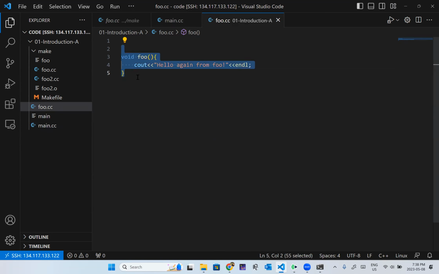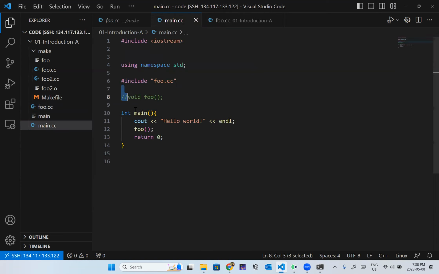And it says, okay, so you've declared this function foo, you've given me the code. I'm still in the standard namespace. I still have this input output stream library. And then when it's done reading that, it jumps back here and picks up right here. So this is essentially as if I copied and pasted this entire file into here. So although it works, and it's a little bit neater than actually putting my foo function above my main function,